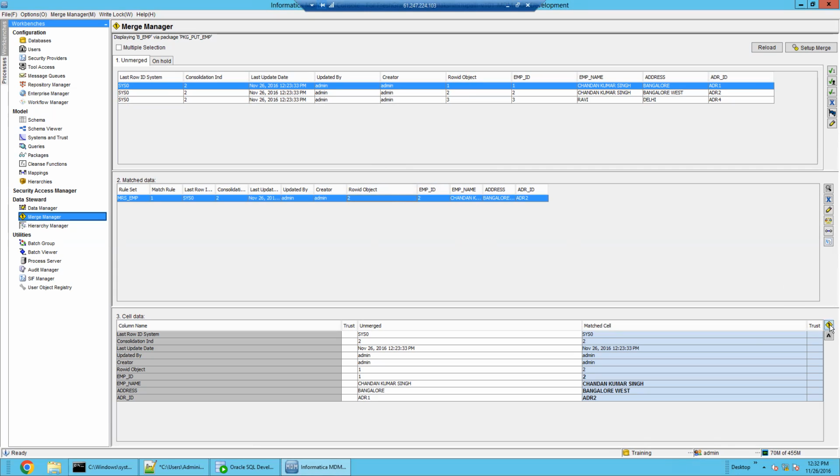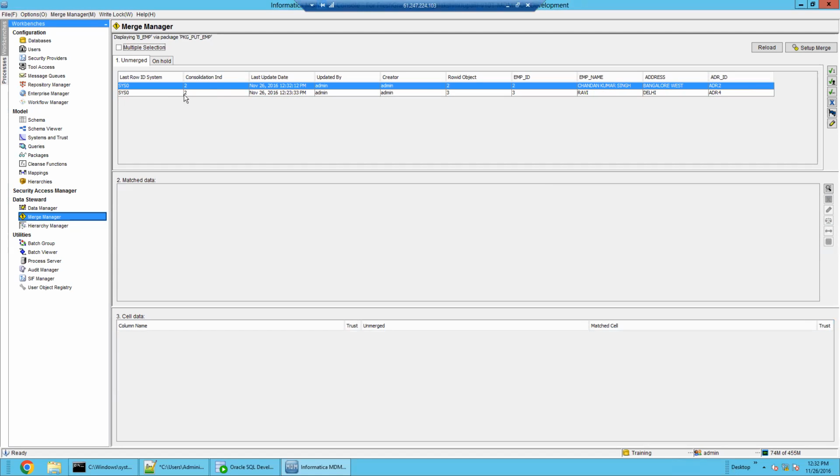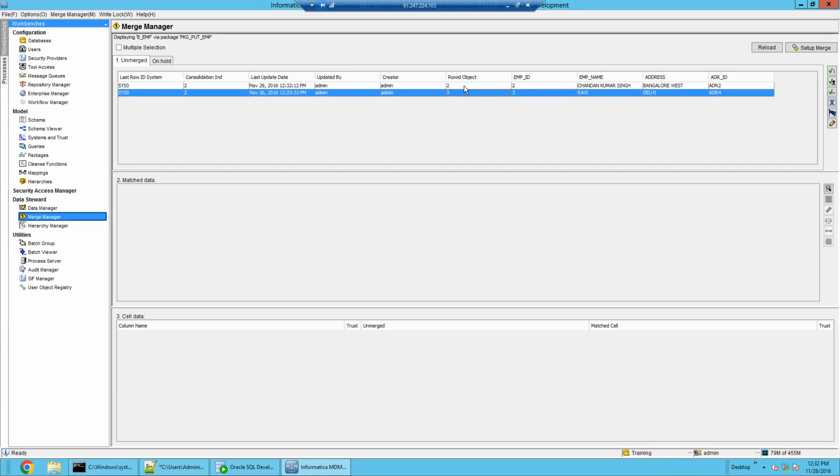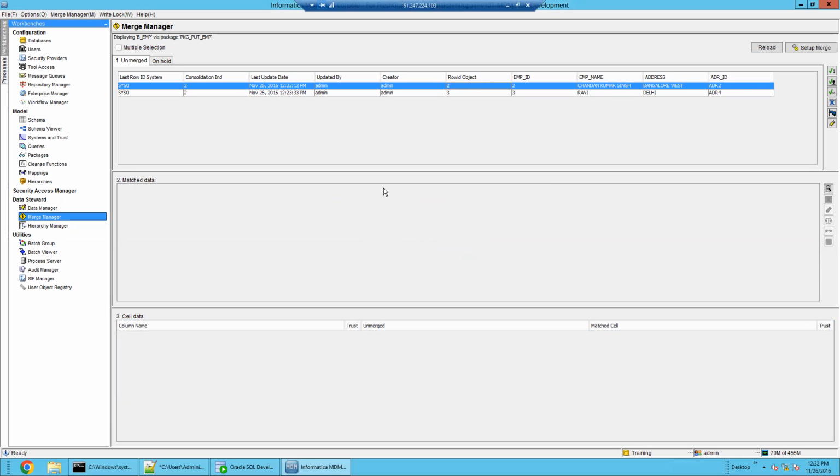So here we have the merge option. Here we can merge the unmerged records. So let's try to merge from this option. The record merge was successful. Okay, so now we had the row ID object 2, which got to be master, and 1 became the